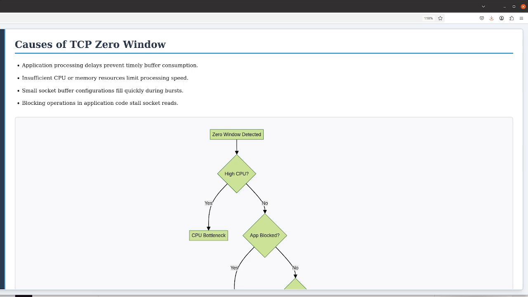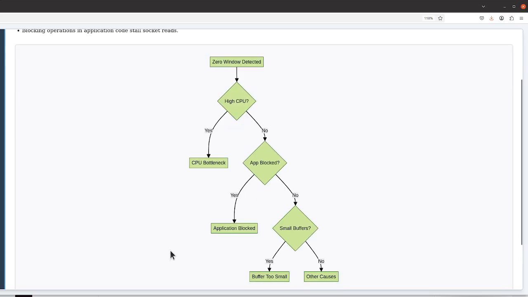This is particularly common in high bandwidth, high latency environments where larger buffers are needed to maintain throughput. The diagram presents a decision tree that helps identify zero window causes. The process begins at the zero window detected node, which represents the starting point when you observe zero window events